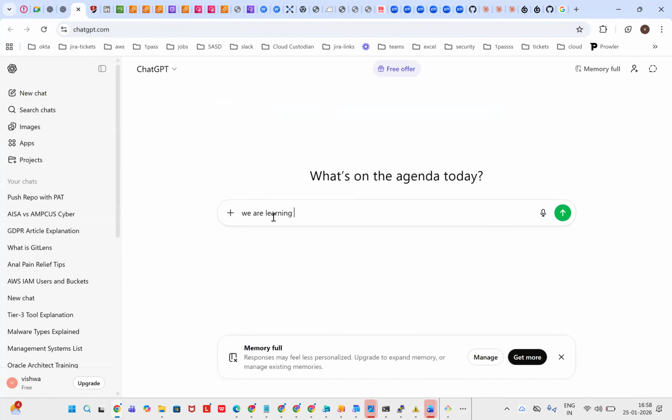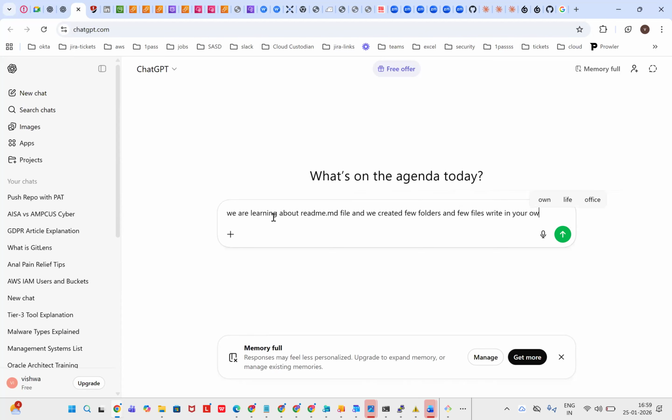We are learning about readme.md file. Why readme.md file we use in the GitHub repository? To show our folder what we are having, a code, and also what exactly this repository will do. Everything we can describe, and again we can do this one. Okay, we're learning about GitHub readme, and we created few folders and few files to explain this entire GitHub repository what we are doing. Okay, so write